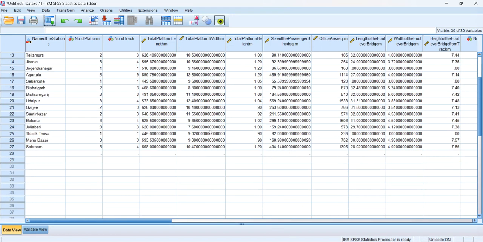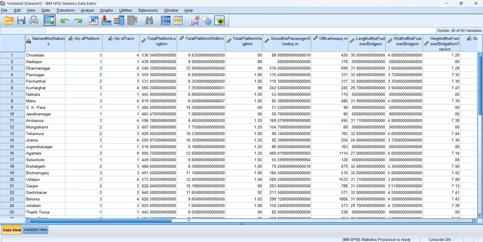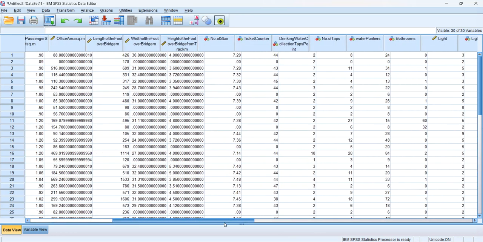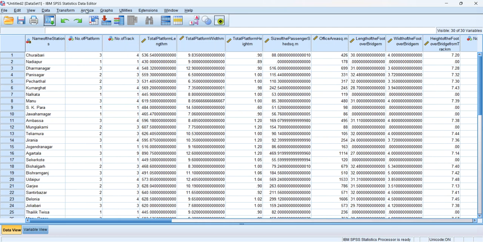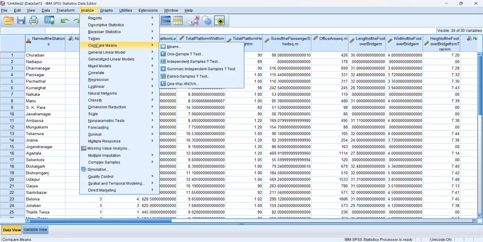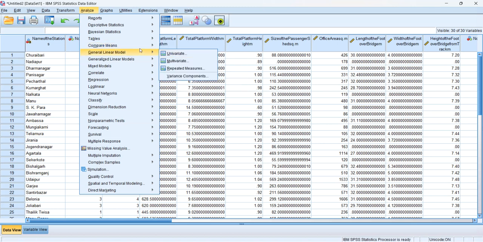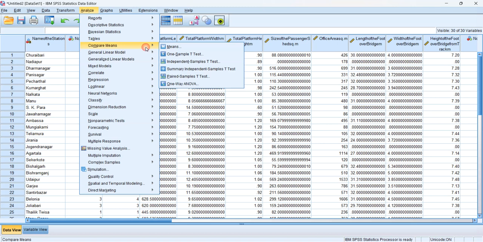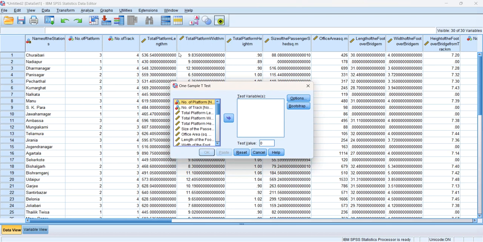Well, my data set has been added over here. What I will do today is, first of all, you need to go here, and you need to go here for the t-test. For the t-test, just click over here, then one sample t-test. Then click it here. So, one sample t-test mean, if I consider, suppose, the number of ticket counters,